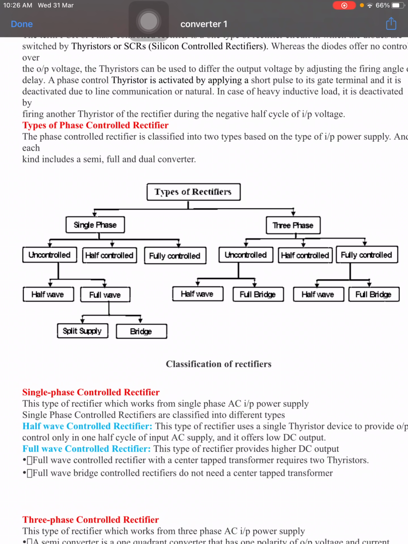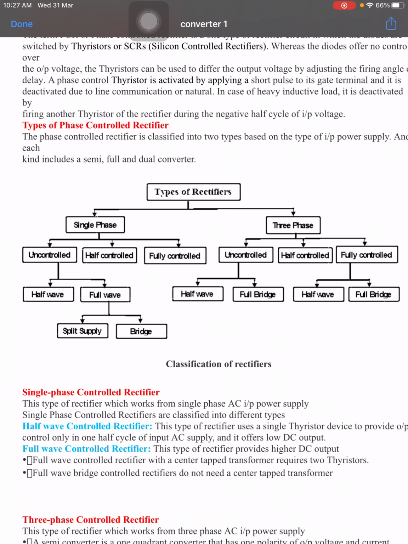Before the thyristor can be turned on, the first thing is that the thyristor should be forward biased. How should the thyristor be forward biased? When positive voltage is applied to the anode or negative voltage is applied to the cathode, the thyristor is automatically forward biased. When should it be turned on? When you apply the gate voltage, gate pulse or firing angle. Only when you apply the gate pulse or firing angle to the particular thyristor will it be turned on. This is the condition.